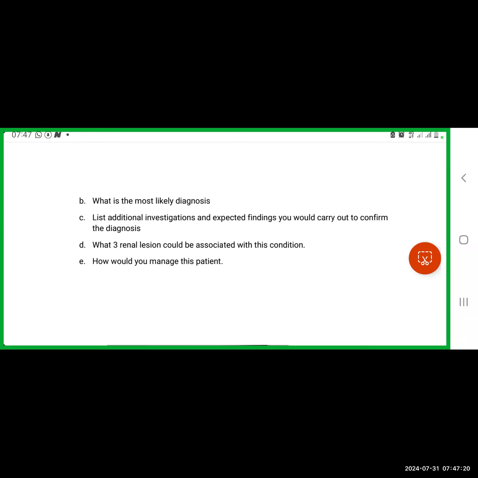Then the next question says, list additional investigations and expected findings you would carry out to confirm the diagnosis for this patient. So aside from the bone marrow